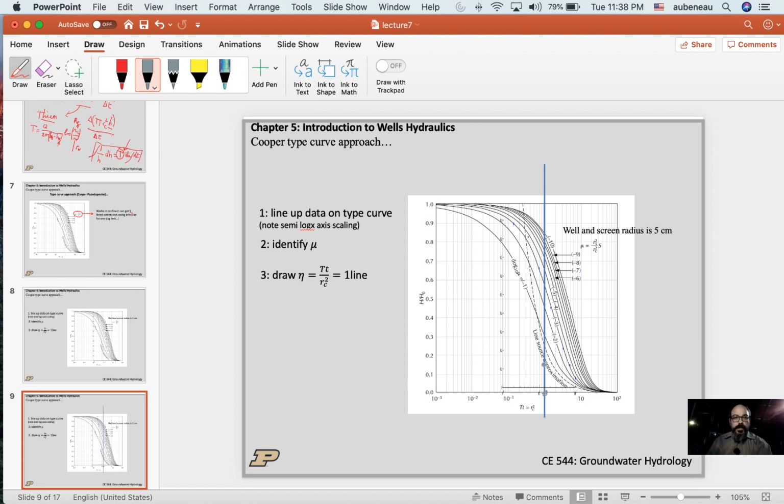So again, first line up the data, find the proper curve, then read mu, then put a line through your data that corresponds to x is 1, or eta is 1, on the type curve, and then finally